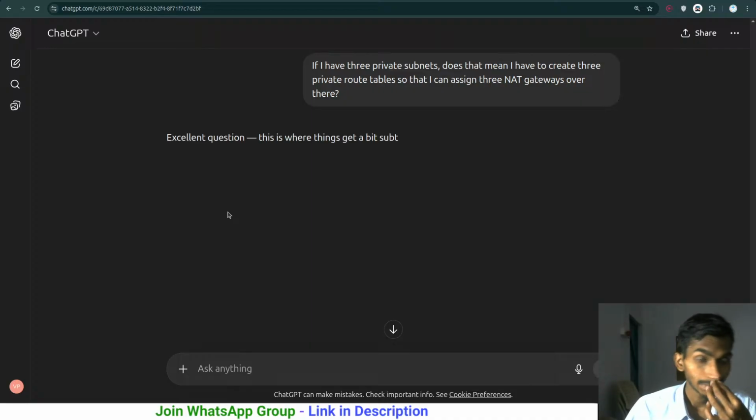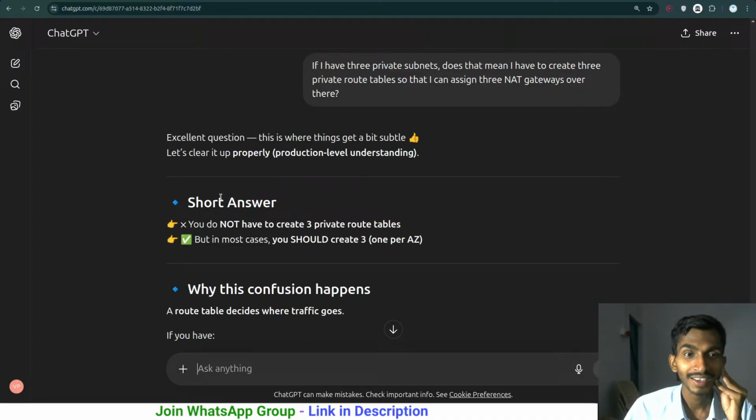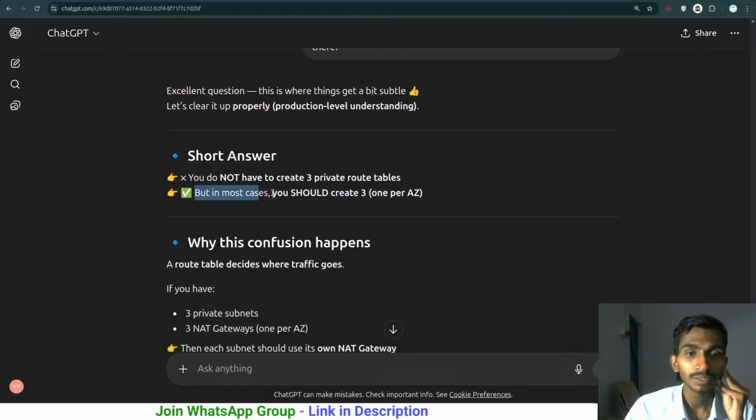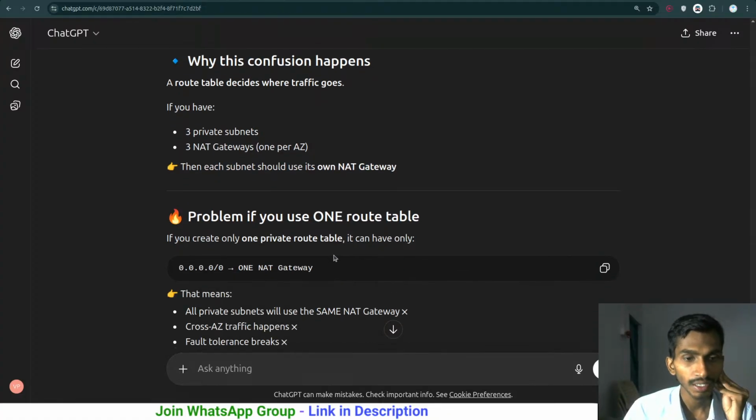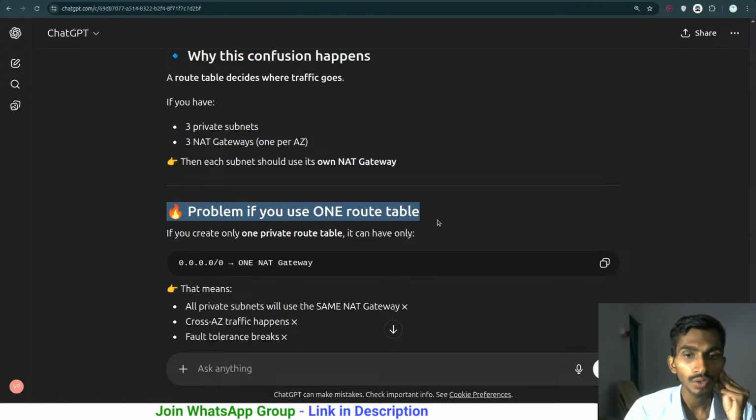Do not say yes. Short answer: no, you do not have to create 3 private route tables. But in most cases, you should create 3, 1 per AZ. Why does this confusion happen? A route table decides where traffic goes. If you have 3 private subnets and 3 NAT gateways, 1 per AZ, then each subnet should use its own NAT gateway. The problem: if you use 1 route table,